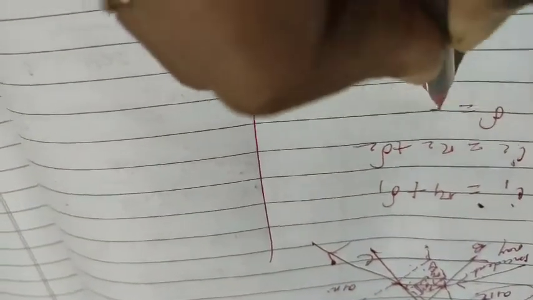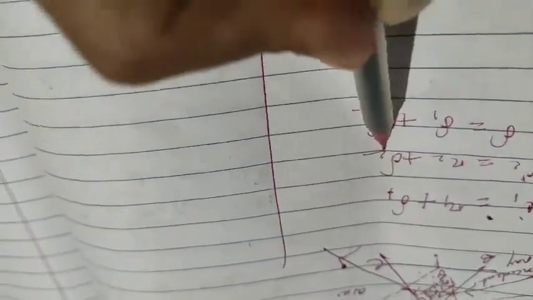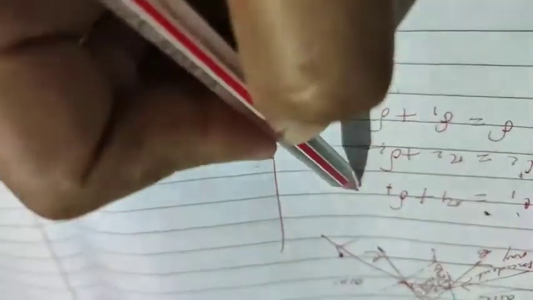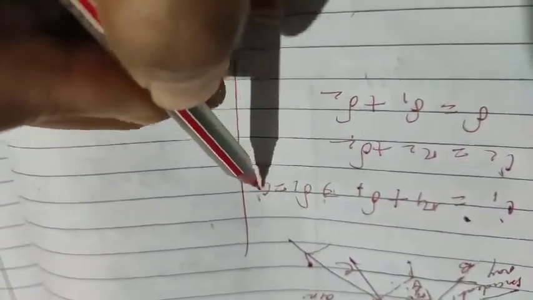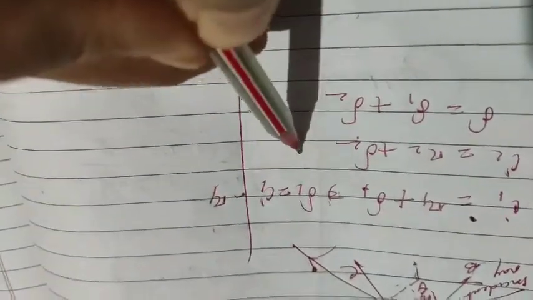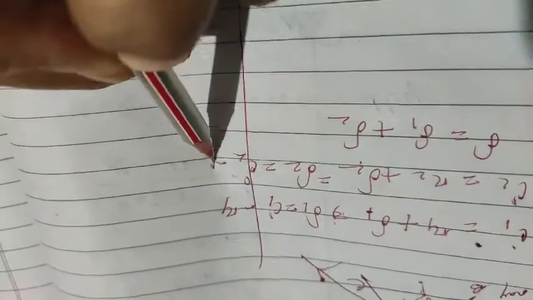Okay. Now suppose if I will tell you net delta is how much? That is delta 1 plus delta 2, right? So your aim is to find out delta 1 from this one and delta 2 from this one. Can you tell me? You see, your delta 1 is nothing but I1 minus R1. Delta 2 is nothing but I2 minus R2.